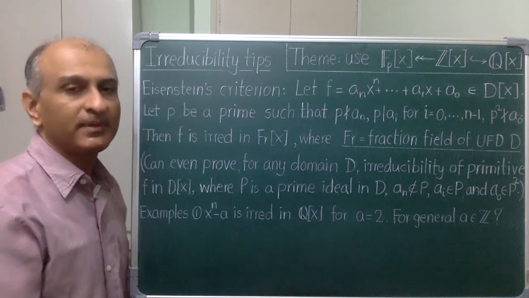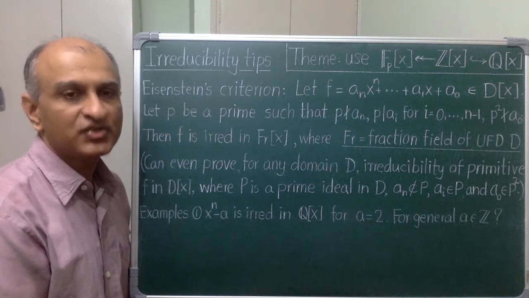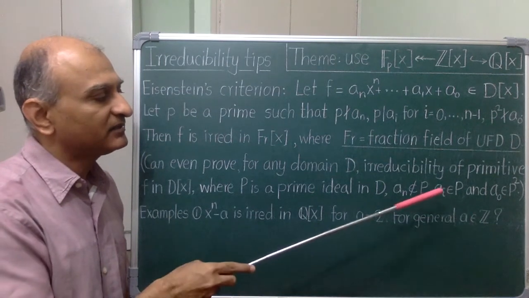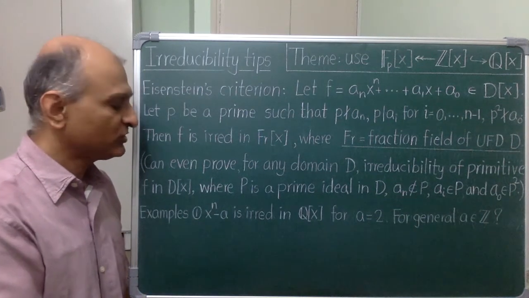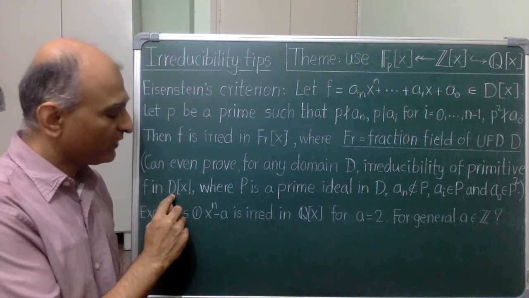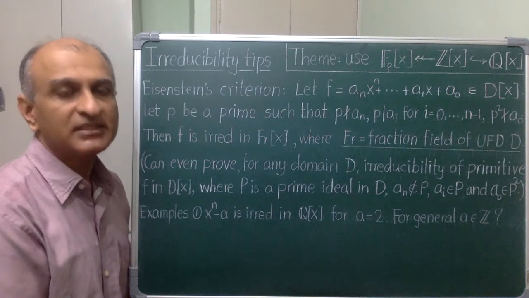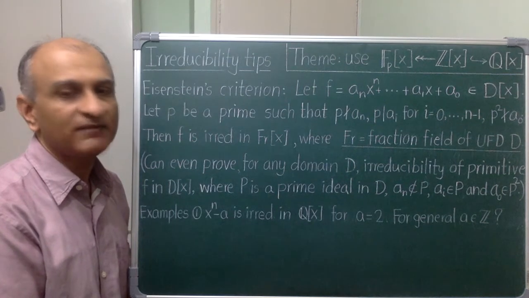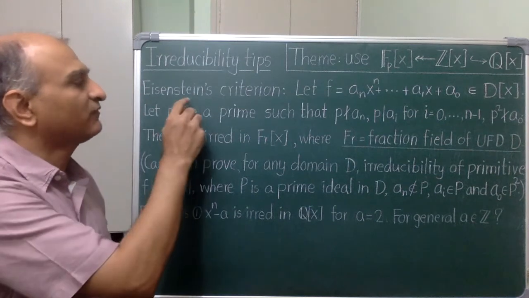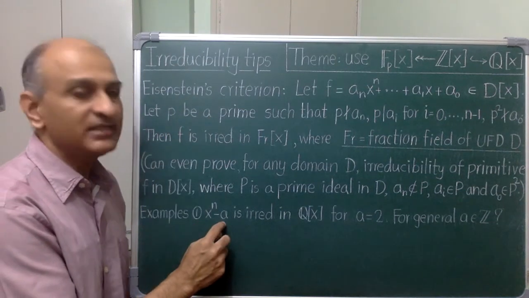If I start with a primitive polynomial f, that means that its coefficients do not have any non-unit factors in common. Then, under these conditions, I can deduce irreducibility of f by the exact same logic over D. I cannot pass to the fraction field in general because in absence of GCDs, I do not have the Gauss lemma.